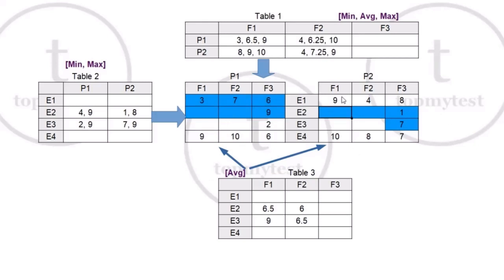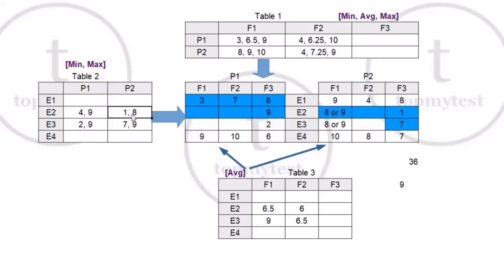Okay, now let's try with P2 F1. Because the values are all close, 8, 9 and 10. So in this, the minimum value should be 8, maximum value should be 10, average should be 9, which means the total should be 36. Out of which we have already got 10 and 9, and the third value is 8. 10 plus 9 plus 8 is 27, which means the last value should be a 9. So you have to fit an 8 or a 9 here. 8 is missing, 9 is missing. This has to be an 8 or a 9.